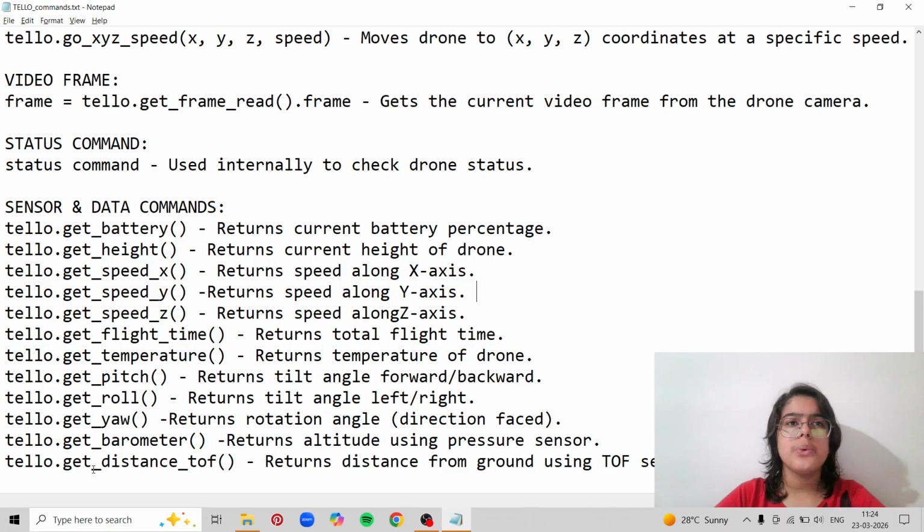You can use this to understand, for example, if you land right now. You can't see your drone right now because the Tello drone can fly very far. So maybe you cannot see the drone, but you want to know, if I land the drone right now, where will it land? Is the ground way too far? This also helps in understanding the height of the drone. The tello.get_height and distance_TOF are basically similar.